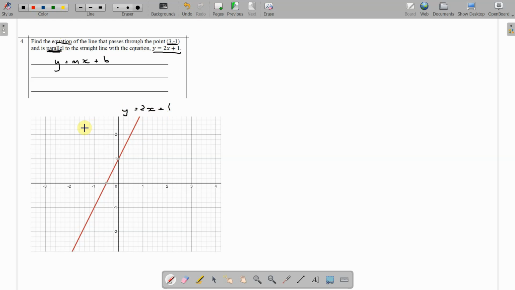So as I said, it's good to see things pictorially as well before we do the mathematical stuff. Now, already, since I know that parallel lines have the same gradient, because the line parallel to this,